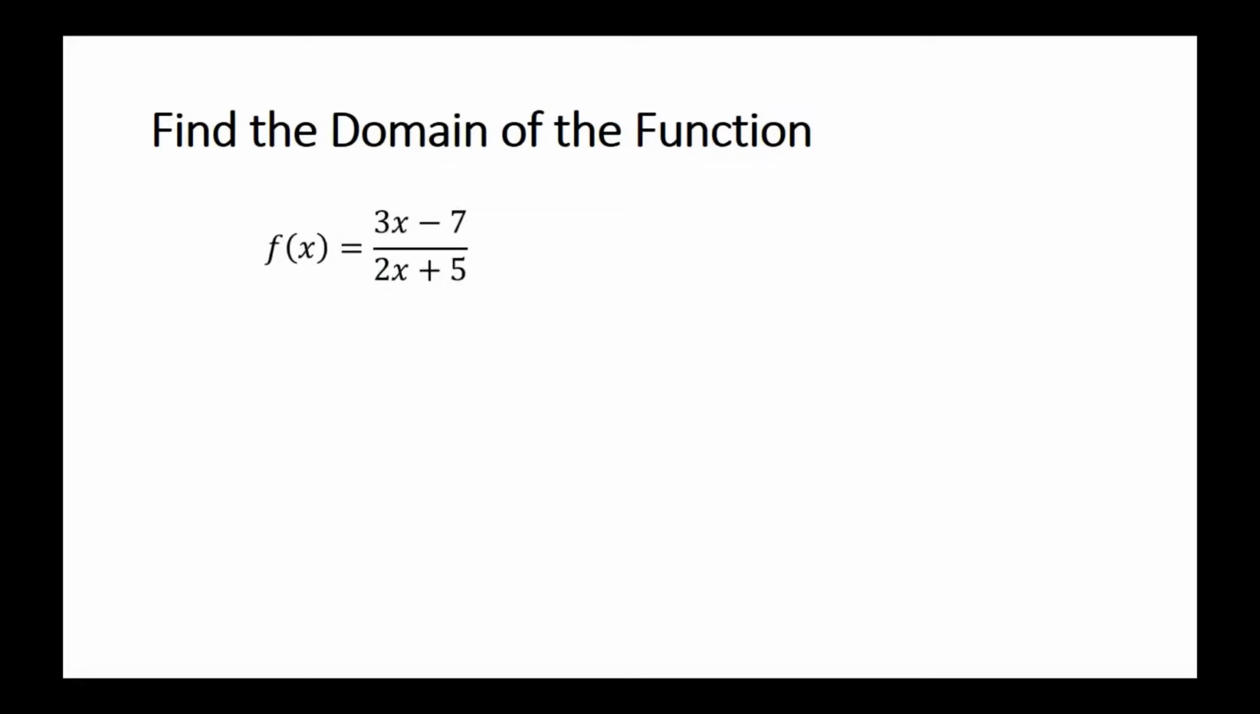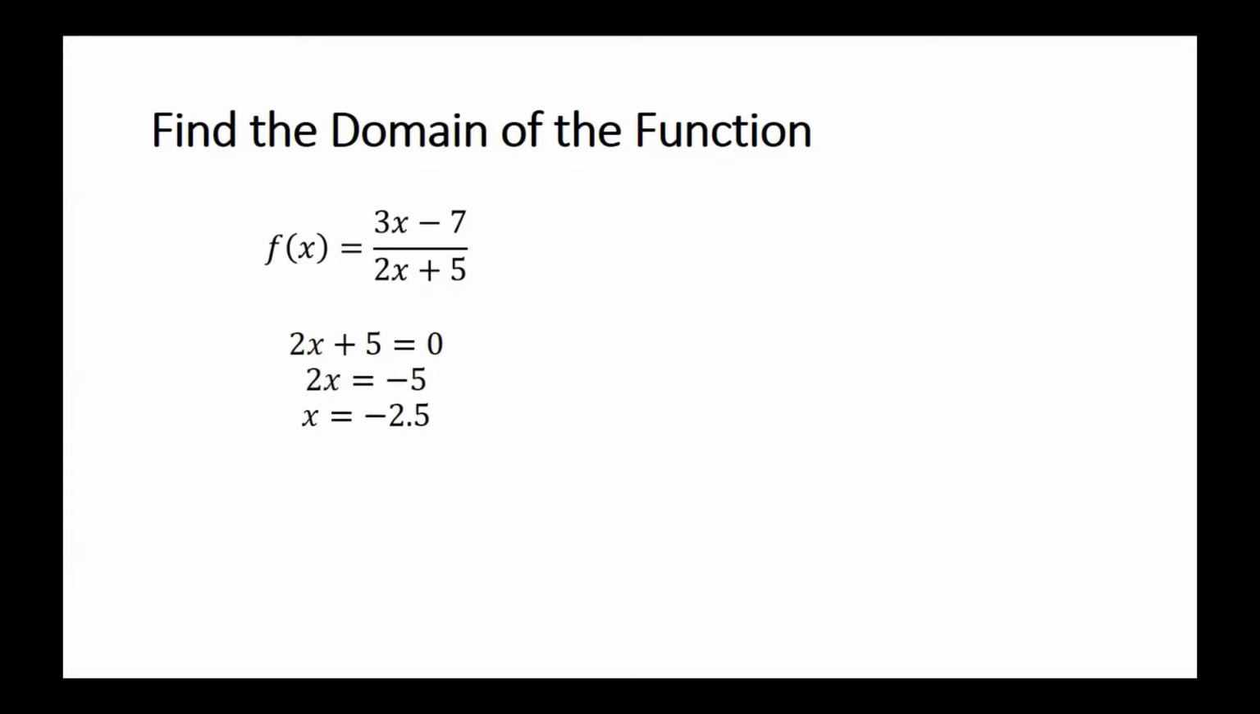If we have f of x is equal to 3x minus 7 over 2x plus 5, and we want to find the domain of this function, we see that we have a denominator with a variable in it. Therefore, we cannot allow that denominator to be equal to 0. So 2x plus 5 cannot be equal to 0. So let's find out what x value causes that to happen. So we set 2x plus 5 equal to 0. We subtract 5 from both sides, divide both sides by 2, and we end up with x equal to negative